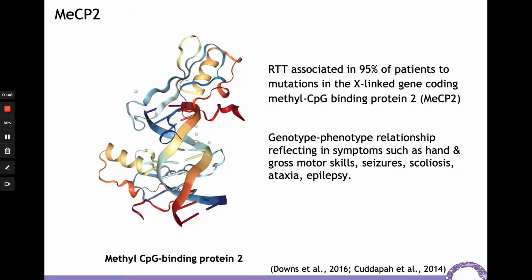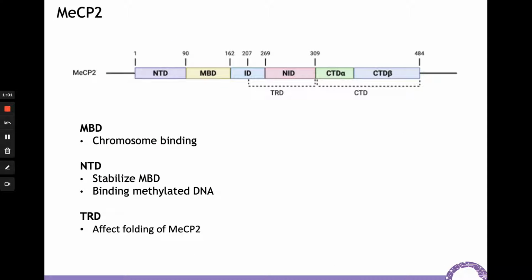MECP2 protein is a pleiotropic protein that belongs to the methyl CpG binding domain, MBD, family, and is widely expressed among various tissues with the highest expression in the brain. This protein represents an important epigenetic modulator of transcription, controlling chromatin architecture and gene expression through methylated DNA binding. Additionally, it has been indicated that this protein acts as a transcriptional activator in brain subregions, suggesting the significance of this protein.